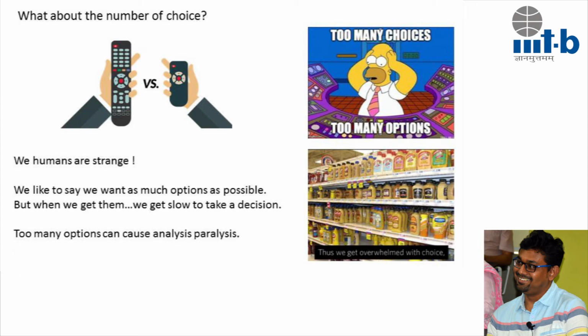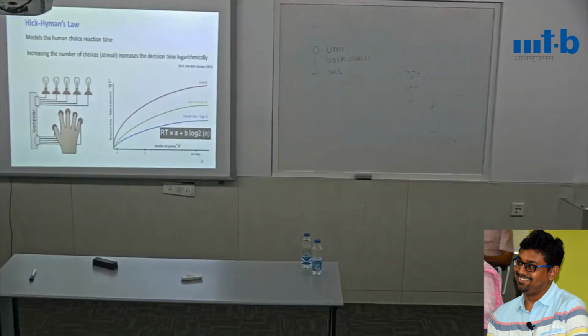So we get overwhelmed with choices, and therefore there is another additional cognitive model, which is called Hick's law. Not sure whether you have heard about this. The earlier one which I was talking about was trying to model the movement of your hand or finger, physical motor movement. This is something which is going on in your mind. It is trying to model the human choice: when a lot of choices are given, the reaction time you would take to select something.